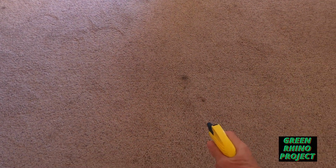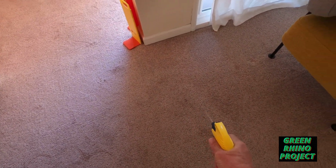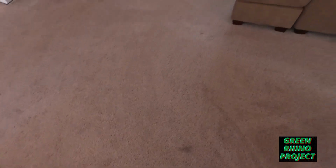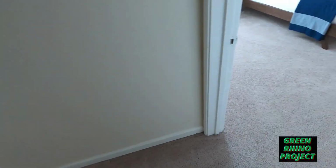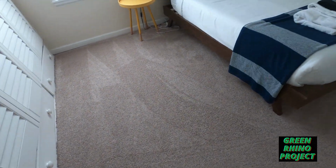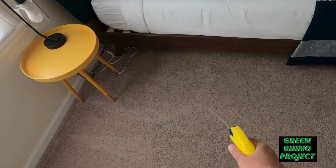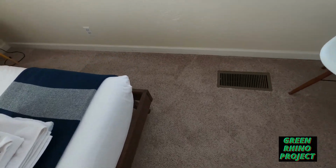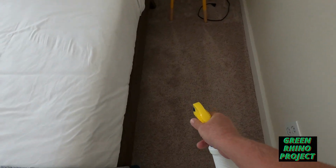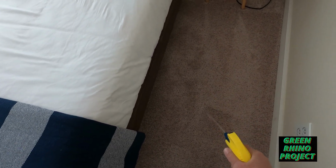All right, so I've already pre-sprayed. I use the product I use to do 99% of my pre-spraying in all my jobs. And right now, as I pre-spray, I notice there may be some organic stain. This is a vacation rental, so wherever I see dark, it's usually a spill of some sort, either wine or coffee